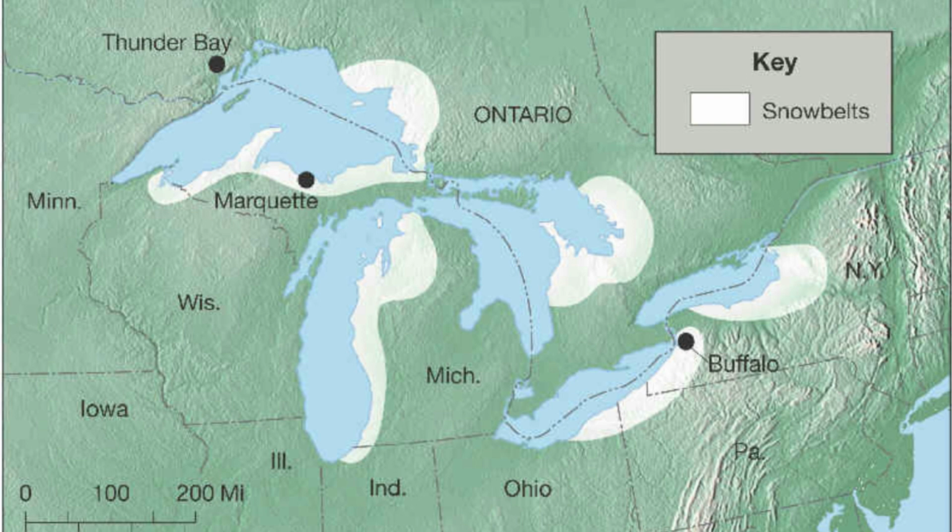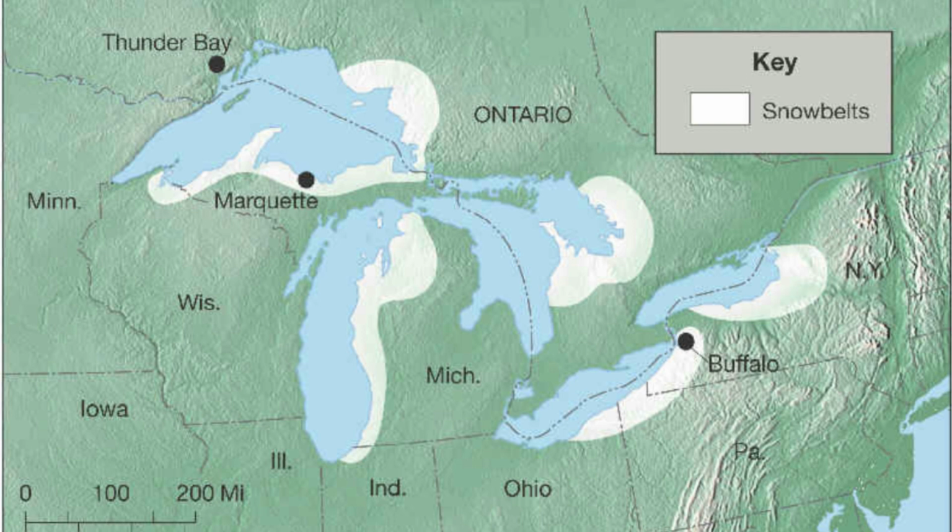You see Rochester on the southern shore of Lake Ontario and Buffalo on the far eastern shore of Lake Erie? These 2 cities are among the snowiest cities in America, thanks largely to the lake effect. Over one recent 10-year period, Rochester and Buffalo each received 27 meters of snow. That's nearly 90 feet. Okay, let's turn to the other pair of cities on this map, Thunder Bay and Marquette. As you can see, they're both on the shore of Lake Superior, but Marquette consistently gets 2 to 3 times more snow than Thunder Bay. Why?